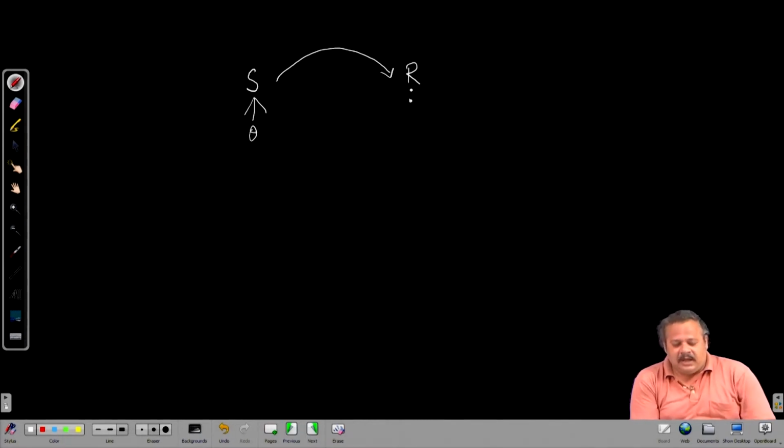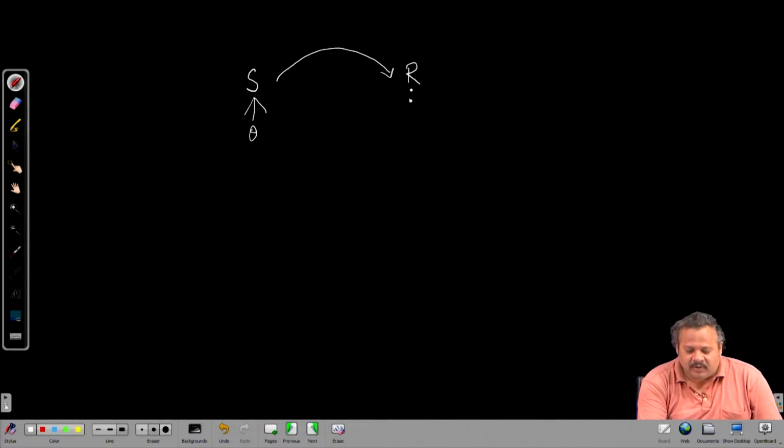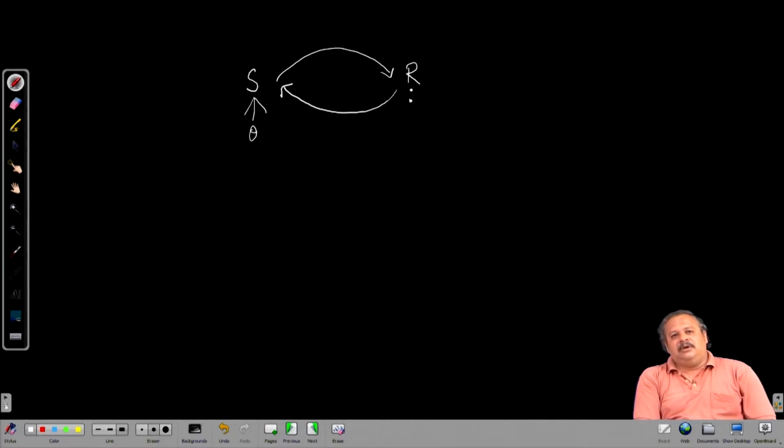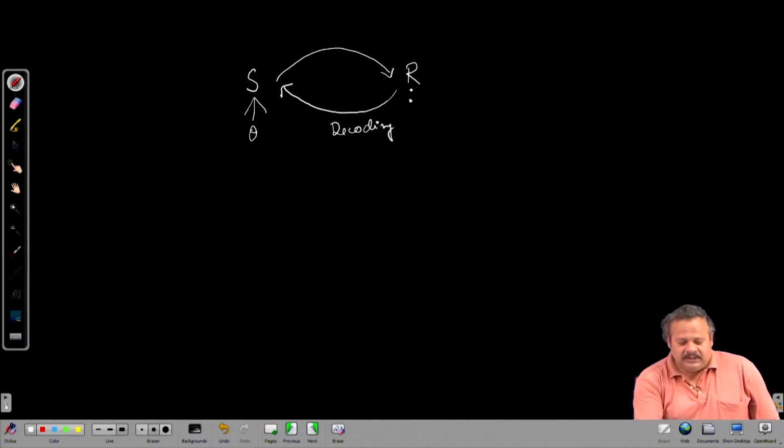So how is the stimulus related to the response, or how is the stimulus encoded in the response, is one side of the problem. And similarly, the other side of the problem is, given a response, can we predict the stimulus, or can we find out what stimulus was played? And it can be for other things as well, not necessarily a stimulus. As we have said, it could be other phenomena that is going on at the time of the responses, or at the time of the activity that we are observing. So this backward problem, or the decoding problem,